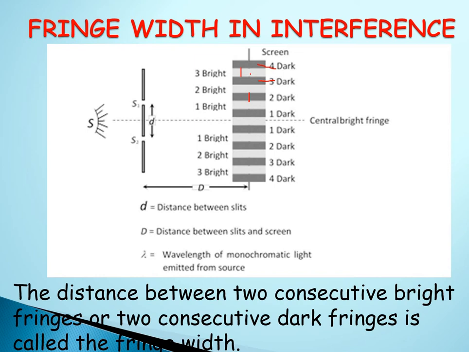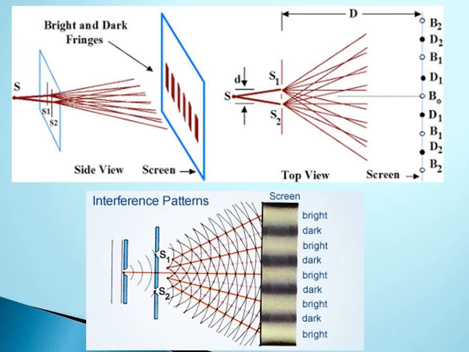Our next task is to find out the width of dark and bright fringes. Just for your understanding, I have shown a few more figures. See, this is the side view on the screen, how the fringes are formed. Here you can see the central bright fringe, then first dark, first bright, second dark, second bright. Below also the same way. Again the same figure, the central bright fringe, then dark, then bright, dark, bright. Below also dark, bright, dark, bright.